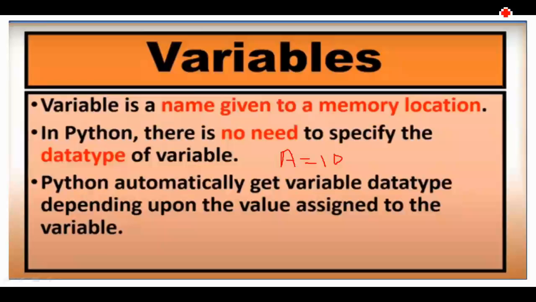Let me save this program and then I will move further to execute it. I am saving it as Python sample program. This program is saved. Now can you run a program? You can run a program written in script mode. Whenever you write a program in script mode, the lines are executed one by one sequentially. Now this is the command to run the program.